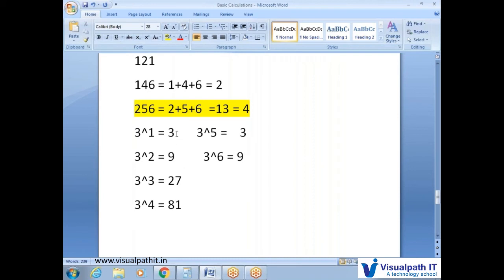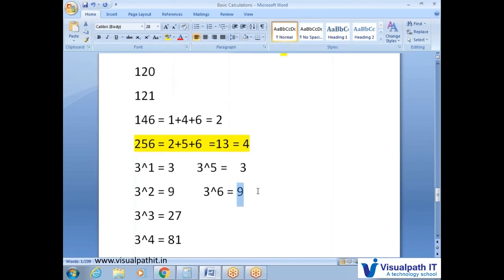Okay, so 3 cube into 3 cube. 3 cube means 27, 27 into 27. We can go for the digital root method. 2 plus 7 is 9, again 2 plus 7 is 9. 9 nines is 81, and 81 means 9. Here also the ending value is 9. So the answer is that the ending value is 9. Clear all of you? So this is the process.